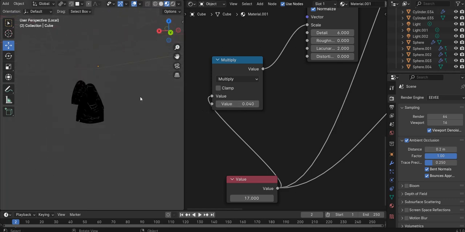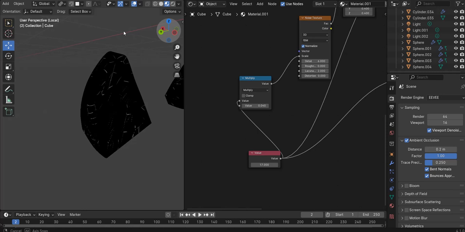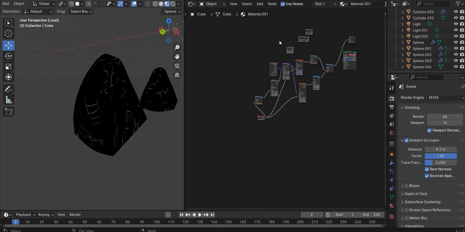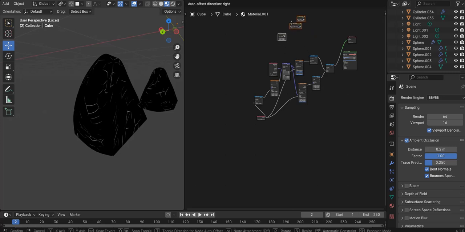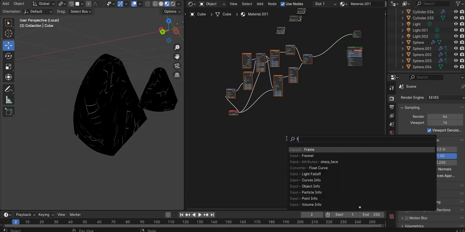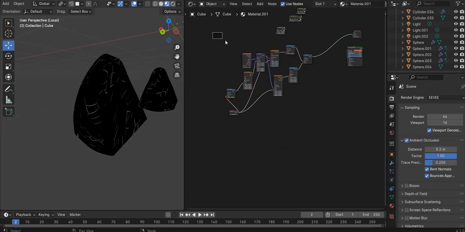Okay, what's some scratching in between? But we want it to be a bit more varied, it's like a lot of scratches in here. We want it to be a bit varied. There should be some small ones and big ones. So let's add a frame. Press Shift A, type in frame,